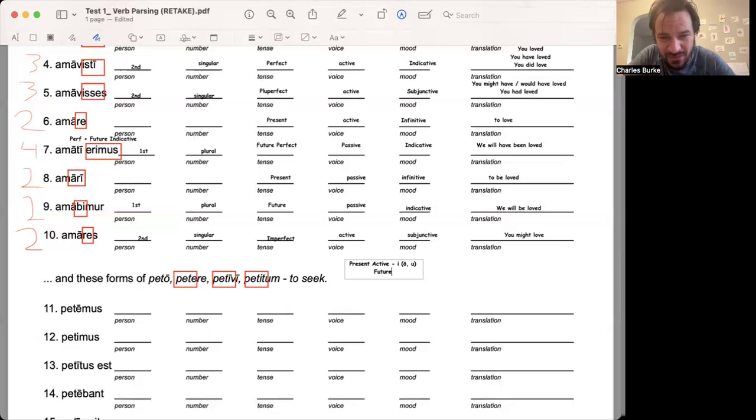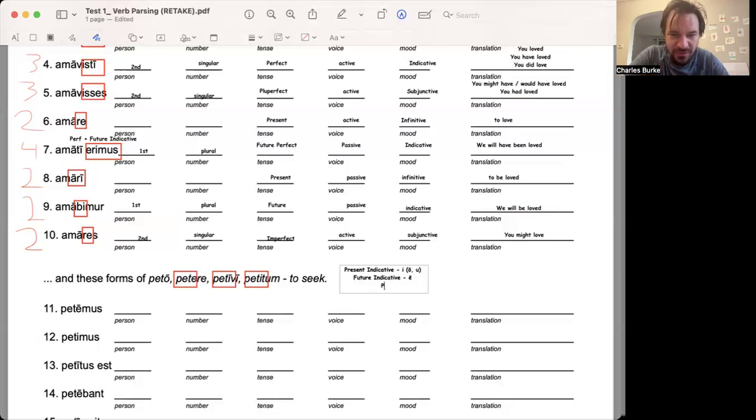Because what I want you thinking is, if you see, not present active, present indicative. What I want you thinking if you see the E is the future indicative, which is a long E. It can also be, technically, petam, petes, petet. But if you see a long E, that's really what you're looking for, future indicative. And then in the next one,